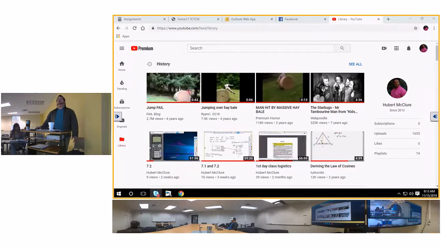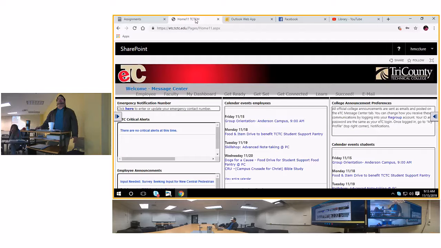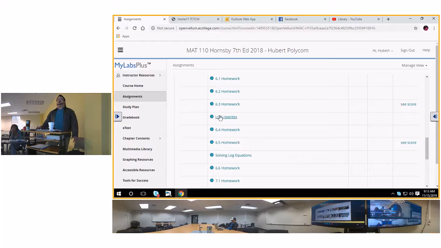I did put 2 homeworks up, and the reason I put these homeworks up, there they are. One's called log rewrite, and the other one's called solving log equations. Now, why did I make those? I did it for y'all, and I did it for the 109 class. The reason I did it for both classes is because I don't like the homework, because they got rewrites in there, and then they got a bunch of crappy questions, like the pH level and the